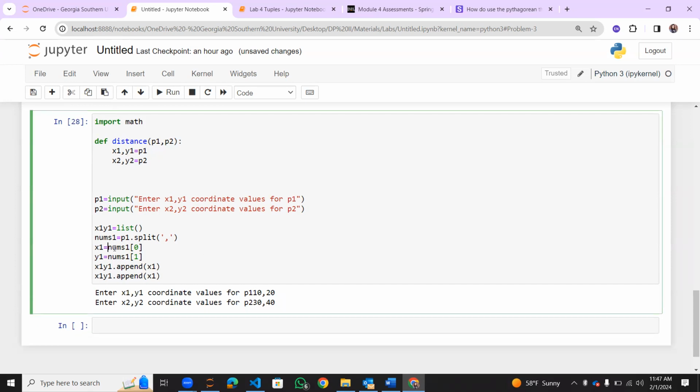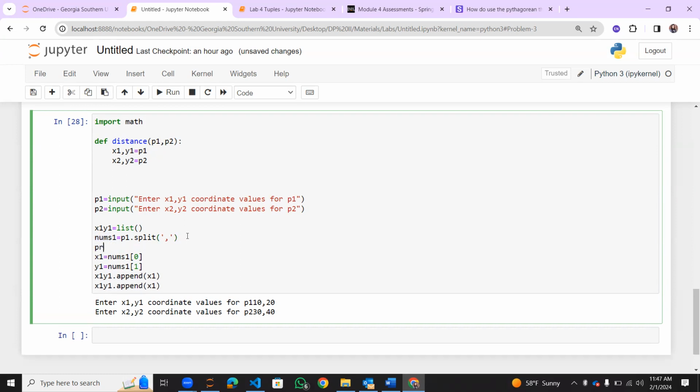So I forgot to do one thing. What is the reason why we did this? We can simply make numbers 1 itself a list, right? Why do we need to do it? Because it was a list, but the list elements were strings. Did you note it down? When you try to print numbers 1,